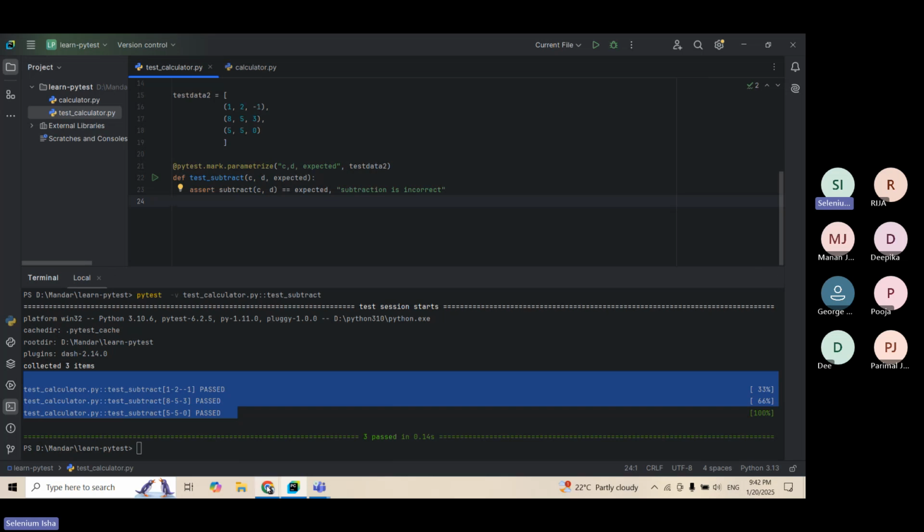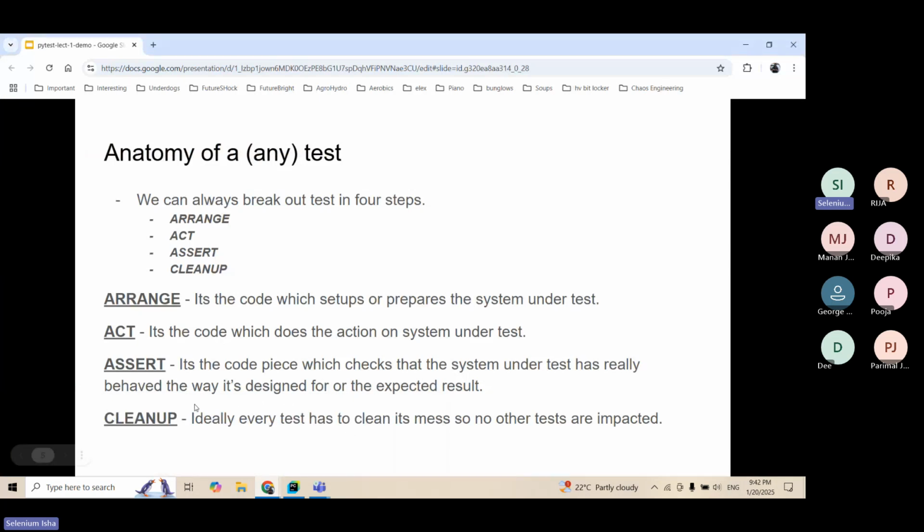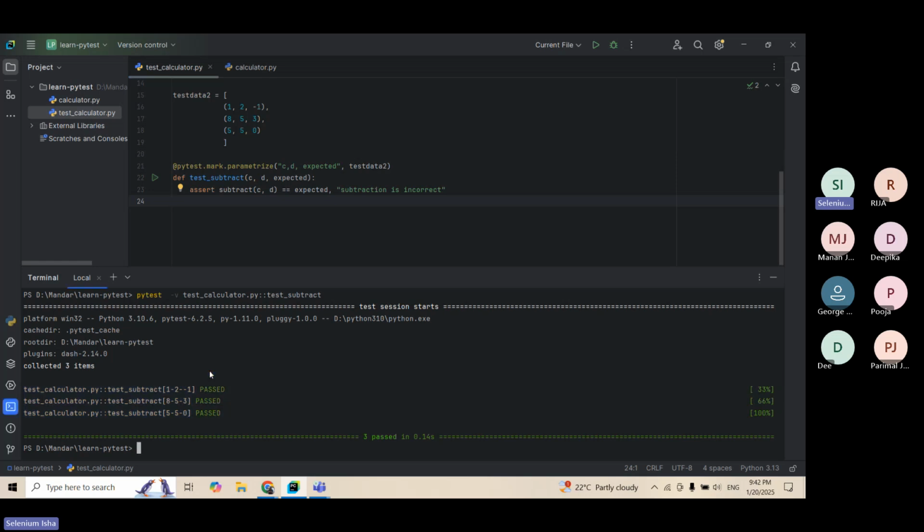So in our example, we didn't have any cleanup-related opportunity. That's why it's not seen, but we'll see what teardown, what cleanup looks like in future lectures when we go into detail with Python and PyTest. Okay, so this is one more feature. One more thing I wanted to show you all is,